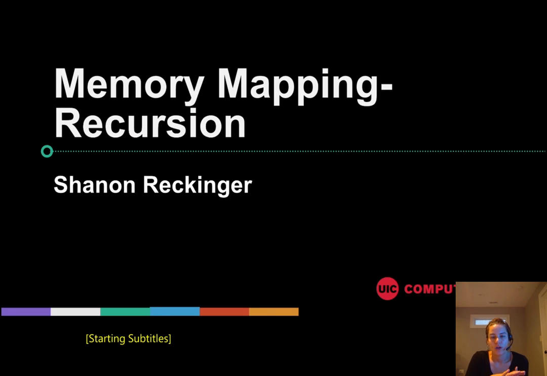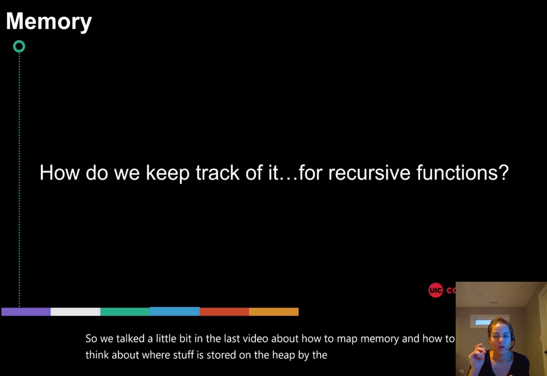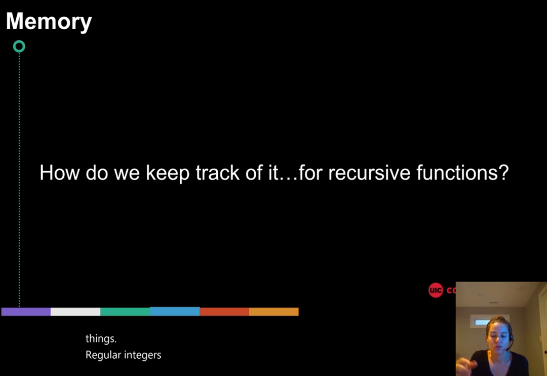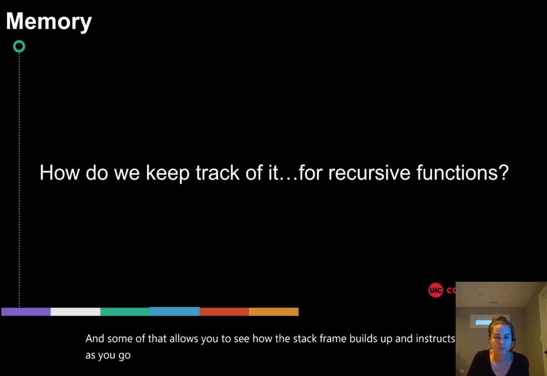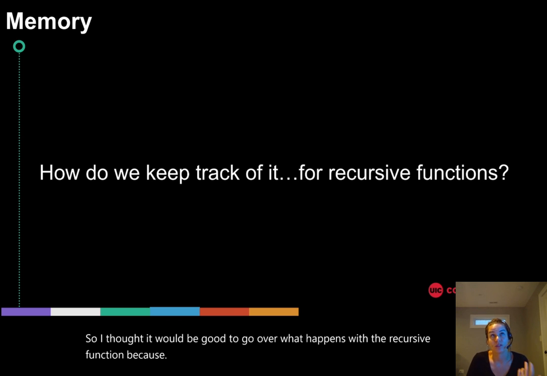In this video, we are going to go over memory mapping, but for recursive code. So we talked a little bit in the last video about how to map memory and how to think about where stuff is stored on the heap or the stack, when you declare things, regular integers versus things that are allocated using the new keyword. And some of that allowed you to see how the stack frame builds up and destructs as you go in and out of functions. So I thought it would be good to go over what happens with a recursive function, or a recursive call inside of a function,